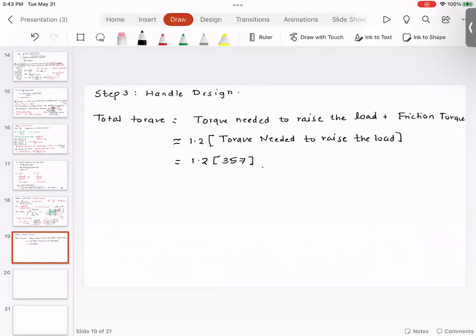Now, depending upon whether you're applying the force by hand, whether you're applying the force by two hands, there are different values of forces. For example, if you want to apply some torque intermittently, you can go up to 500 Newton. If you want to apply the torque continuously, the torque applied by one hand can go up to 300 Newtons. Yeah. Will the length of the handle affect the torque? Yeah. So no, the length of the handle will be dependent on the amount of force a person is able